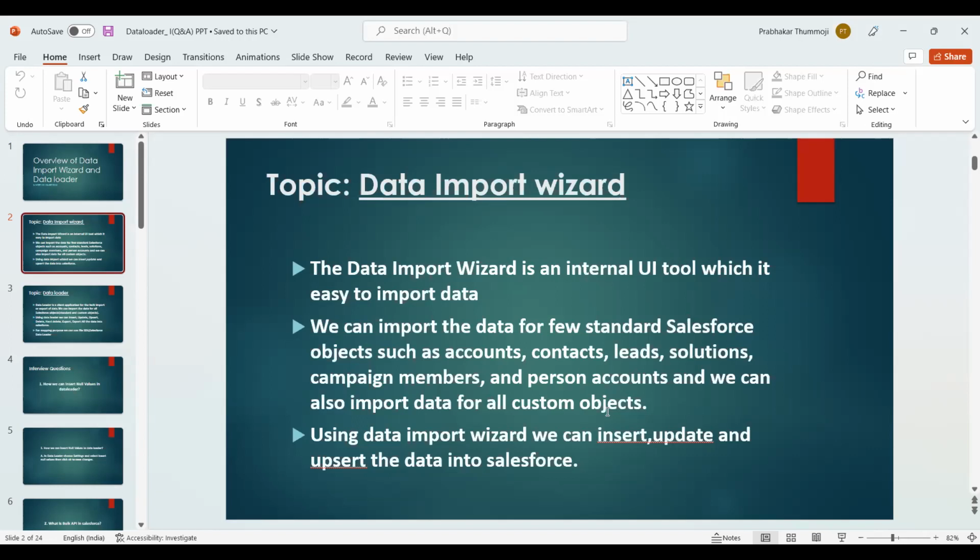Using the data import wizard, we can only take three actions, that is insert, update, and upsert the data into Salesforce. I can show you. If you search for data import wizard, you can get it. So this is how the data import wizard will look. Here, if you launch wizard,